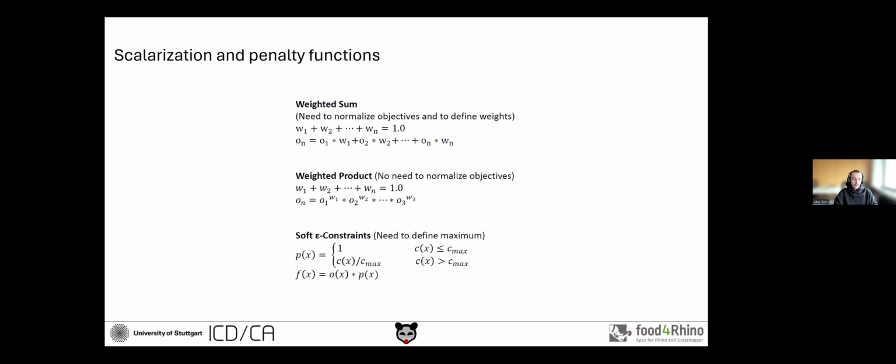Okay, I quickly mentioned weighted sums, weighted products, and those penalties, right? Basically, we're going to look at this later in Grasshopper too, but these are methods to just combine our different objectives into one more abstract objective that we can then optimize for. And with the soft constraints,